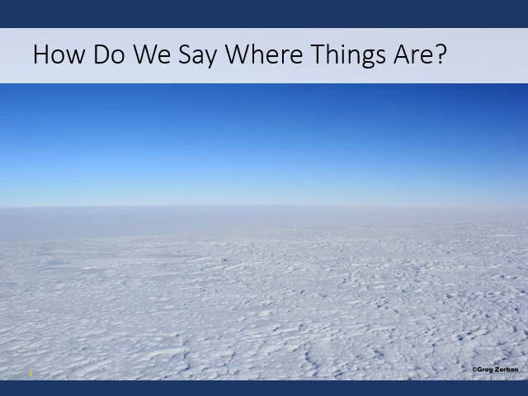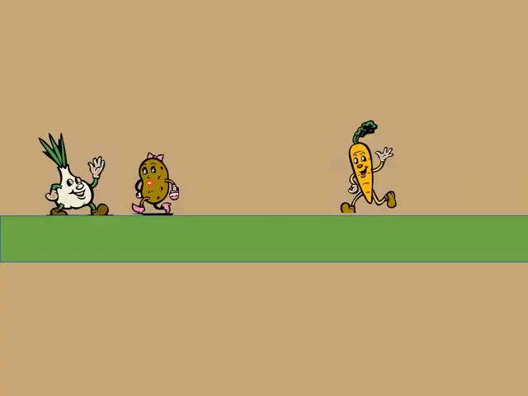So that's why we're going to say that when we are studying motion, what we're really doing is learning how to track position. And position is simply just saying where things are. So how do we say where things are in the universe? For example, we have three veggie people: garlic, Miss Potato, and Carrot Boy. How do I say where they are? There's not a good